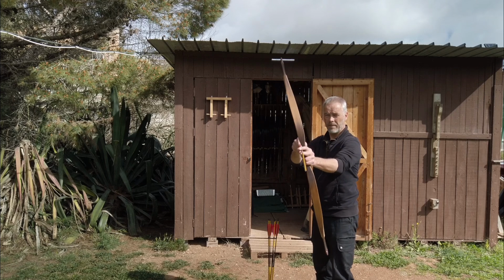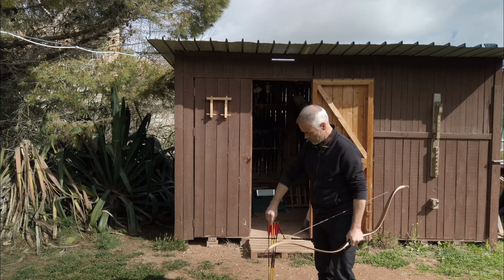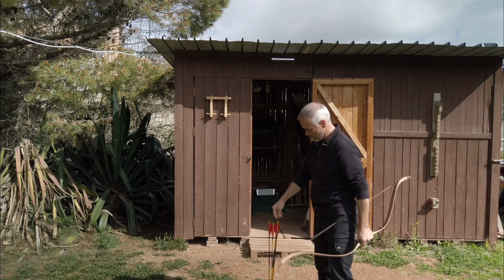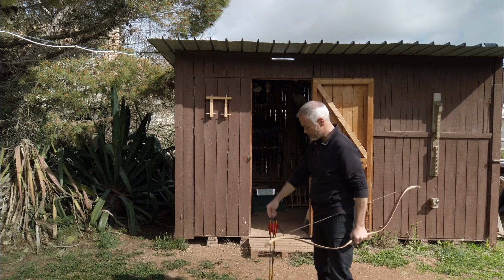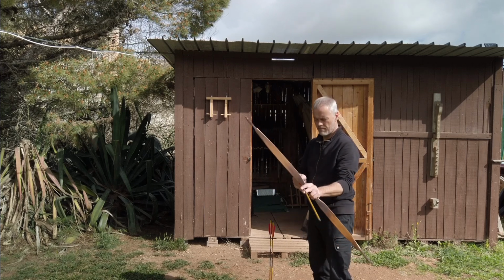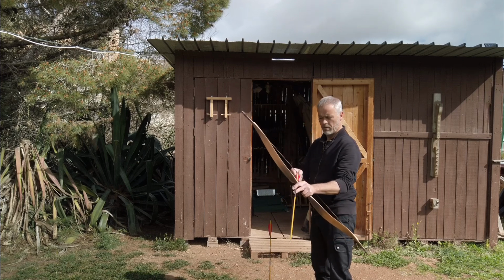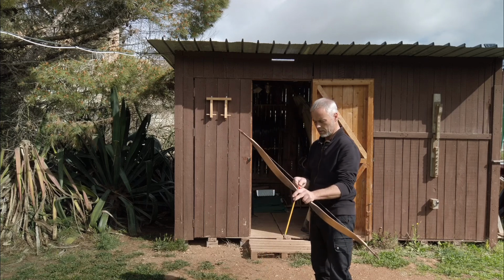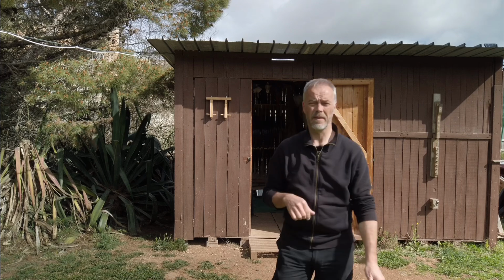Ottoman feels nice. Mughal feels a little better. Mughal speed. Manchu, Mughal speed. Mini Manchu. And Korean one. Nice too. Do I need to show you that the knocks have no or almost no effect